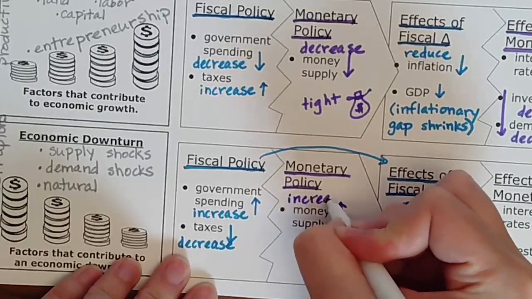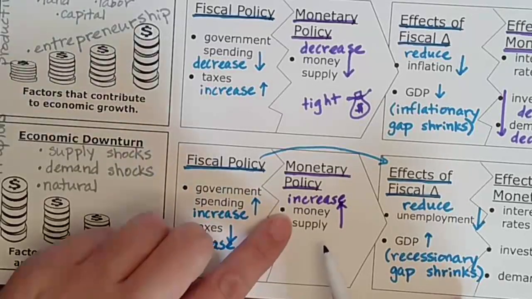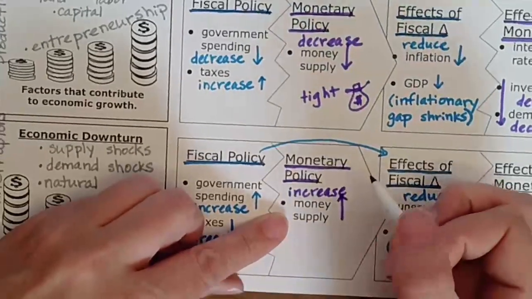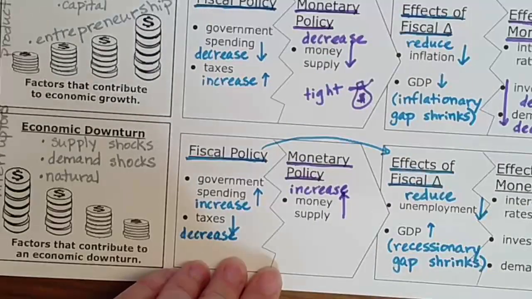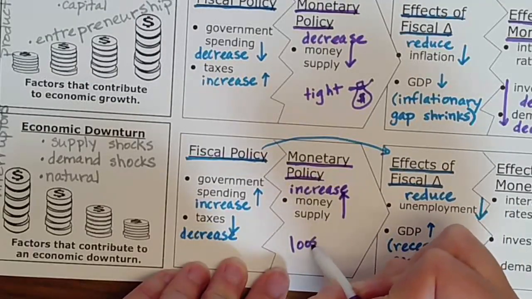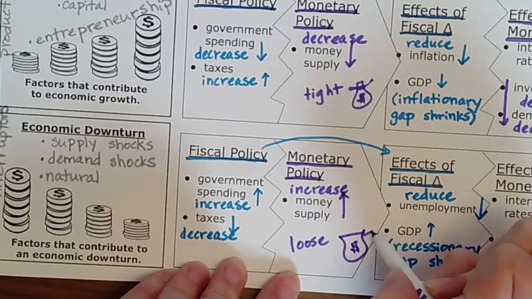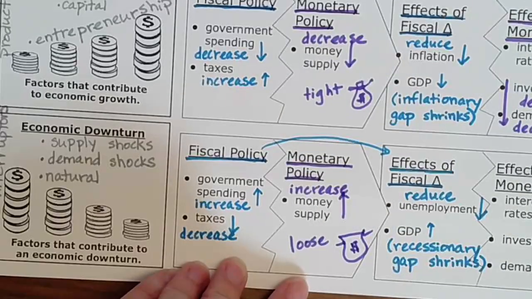They are going to put money out there into the banks. They're going to sell their bonds so that there's money out there. They're going to change the interest rates and put money into our hands, which is great. It's going to help us to buy things and bring us back to that equilibrium point. They call this a loose economy. And I'm going to have my money bag here open and ready for me to reach in and use that money. Okay. I don't keep my money in a bag, but a long time ago they did.